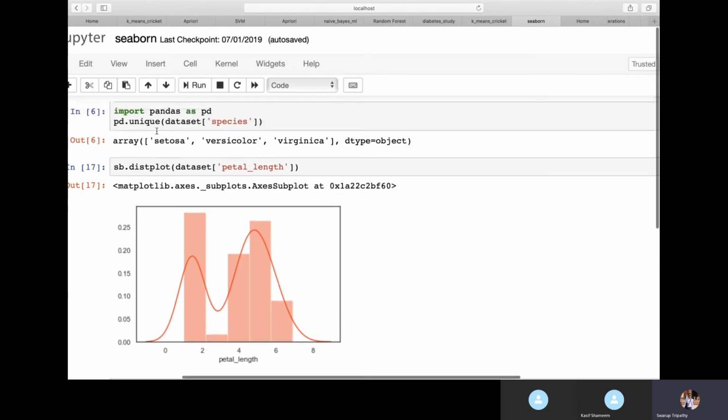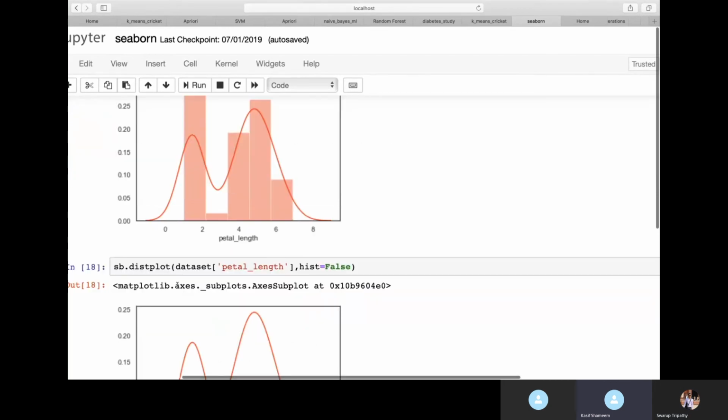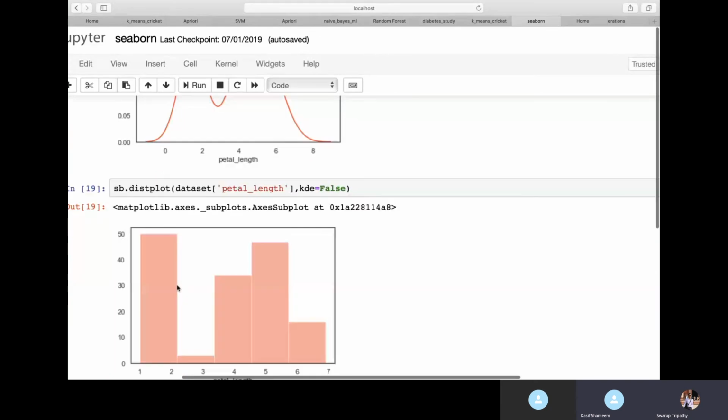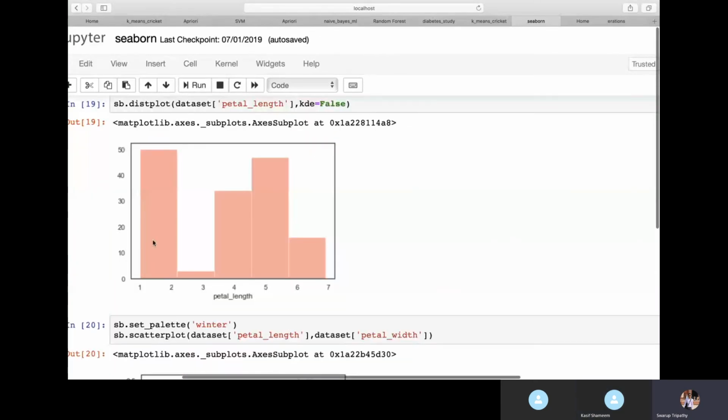This is also very similar to a histogram. Here you can see the histogram at the back, but on top of that it also shows us the density of the data. This line, this bell curve kind of line, shows you the density. It is a kind of probability distribution which shows how things are distributed. This was done through KDE. We can hide it, so you can skip this.